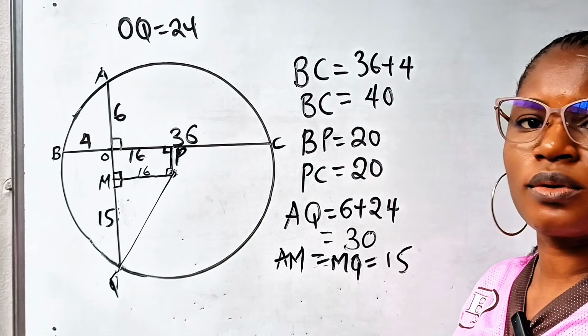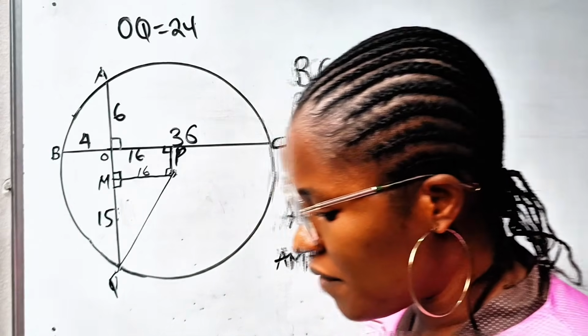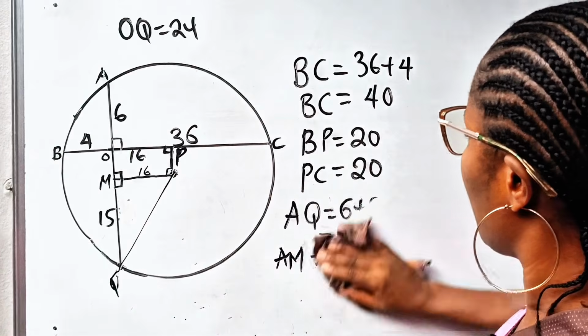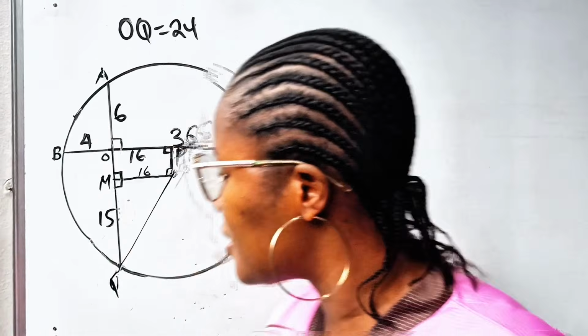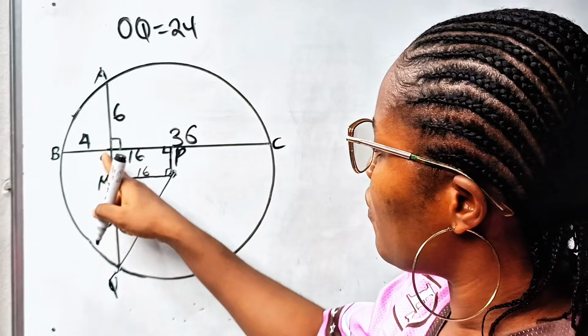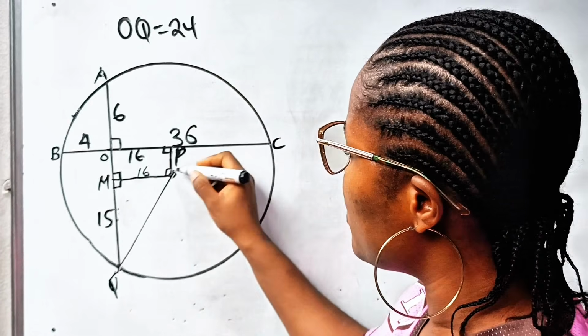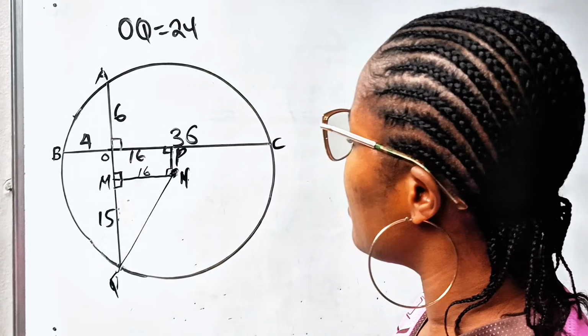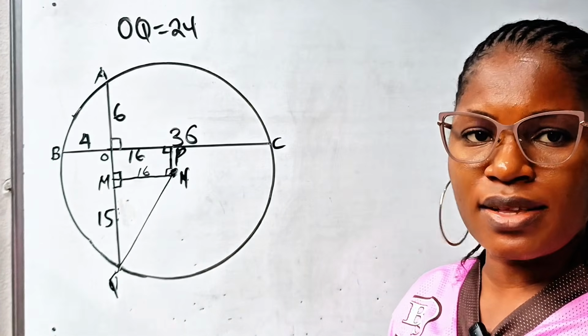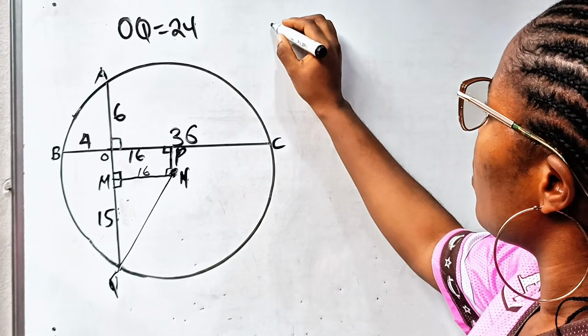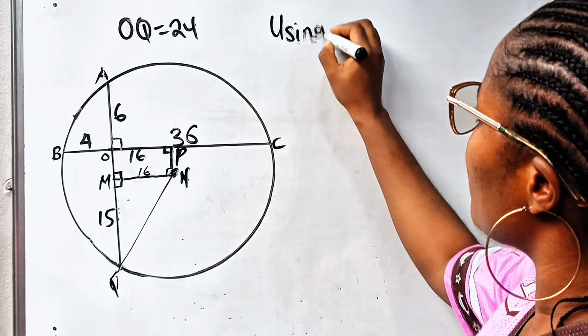Let's join that to Q. Having done that, the center of this circle is supposed to be O, but I've named here O, so permit me to name here N. So this is N, all right? Now you can see that MNQ is a right angle triangle. So using Pythagoras theorem,